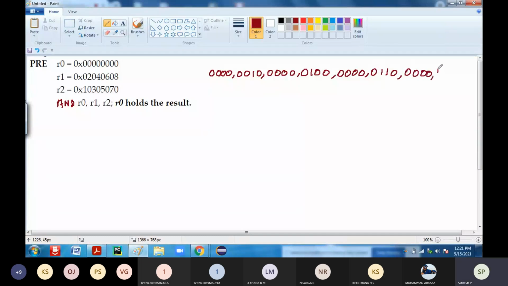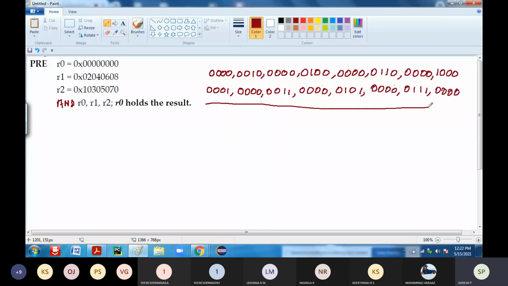So that is how you have to learn. You do it by yourself once. Then you will understand everything. So 1, again 0, that is 3, again 0, this 5, again it is 0, 7, again it is 0. So what is the answer you are going to get? Can you answer?